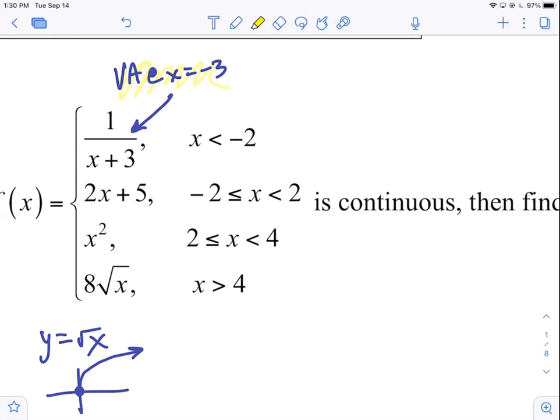-2, 2, and 4. Yeah, -2, 2, and 4. Those are the x values where it changes. We need to check those individually ourselves, right? Because it could be a hole, it could be a jump, or it could be